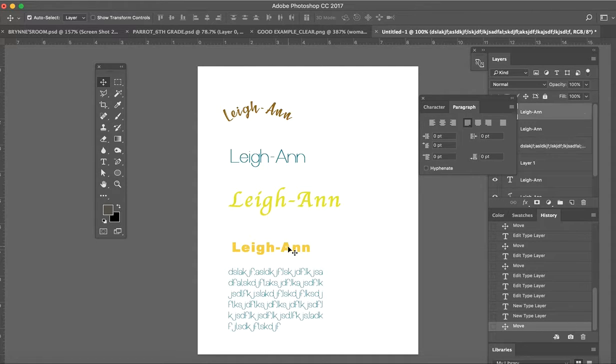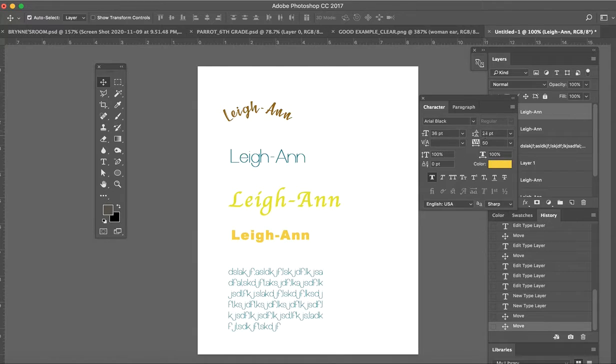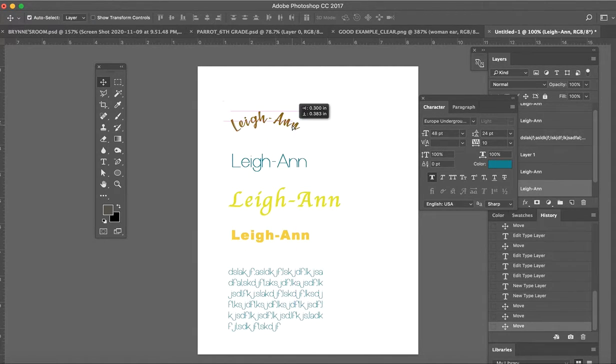So what I would like you to do is add something like this and play around with your kerning and your leading. And then what I also would like you to do is just be aware that you can add effects to text as well. So I would like you to add an effect to each of these. So for instance,